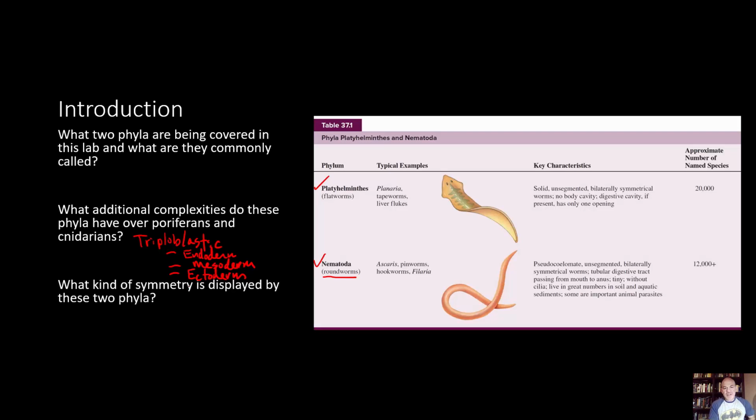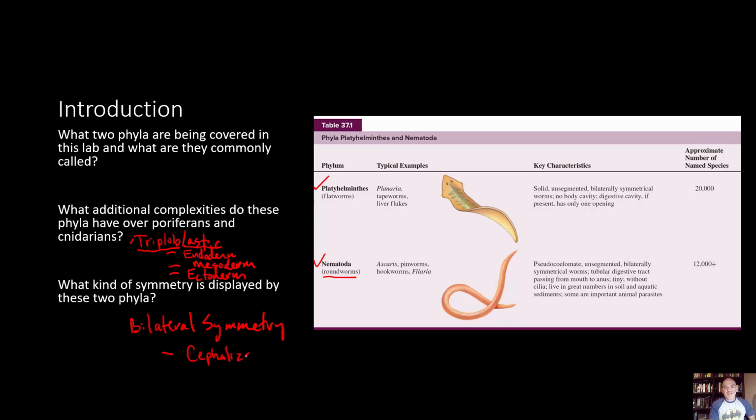Now, the kind of symmetry here, once you get to triploblastic, this is something to remember. All the animals that are triploblastic, which are going to represent all the animal phyla we cover from now on after Cnidaria, are all going to have bilateral symmetry. And with bilateral symmetry, this is something to remember. They're going to have a more centralized nervous system. And so they're going to have a collection of neurons and special sensory organs towards one end of the body. And that end is going to be referred to as the front end or the anterior end. And so we're going to refer to this as